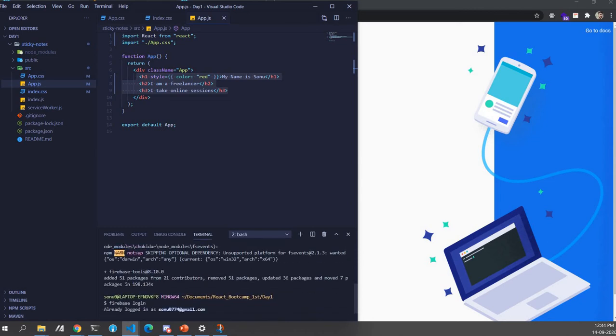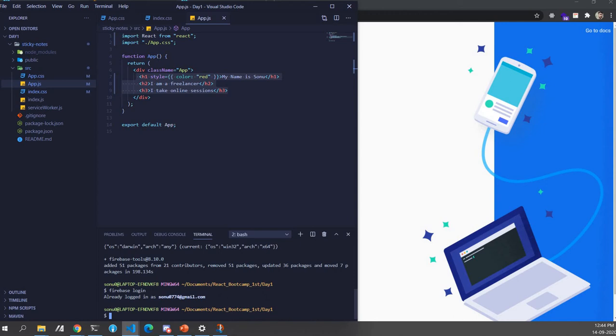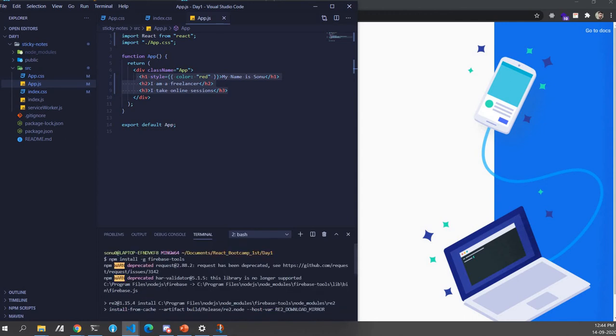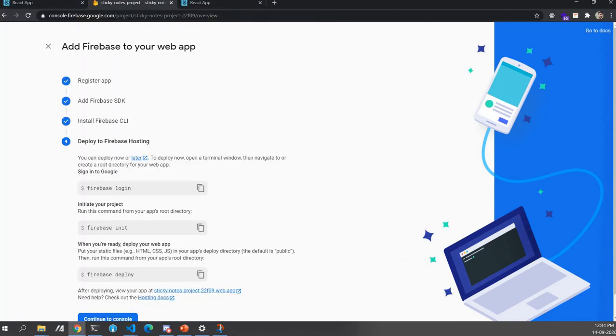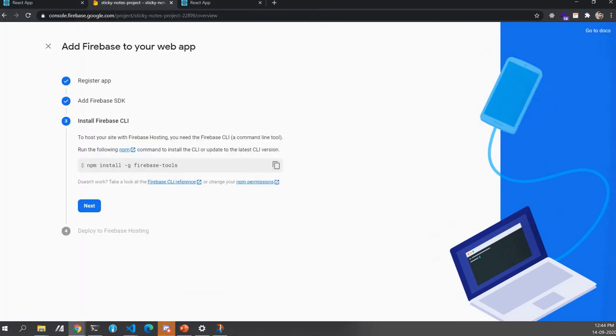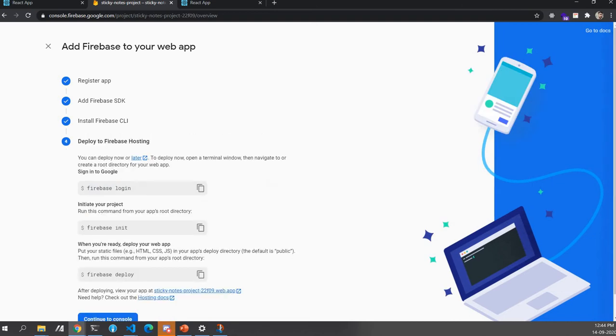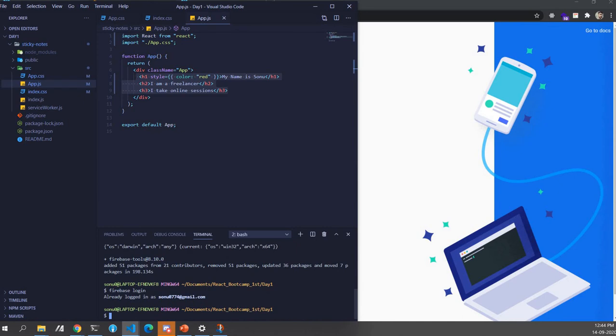Okay. Hello. Hi, sir. Can you just repeat, after we do npm install -g, after that, what did you do? I did npm install -g firebase-tools. Okay. And over here I just came here and did next. Okay. So over here I see firebase login, right? So I copied that, I pasted it here. So it is telling me I am already logged in as this email address.